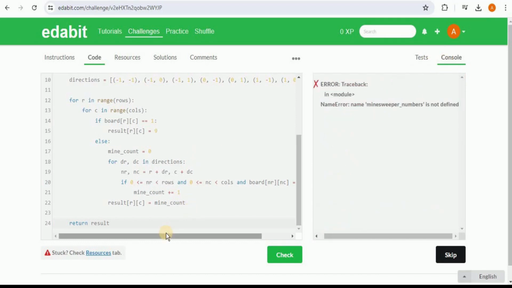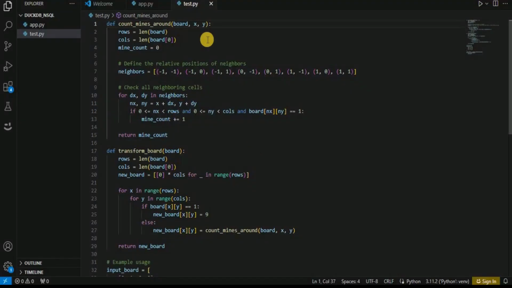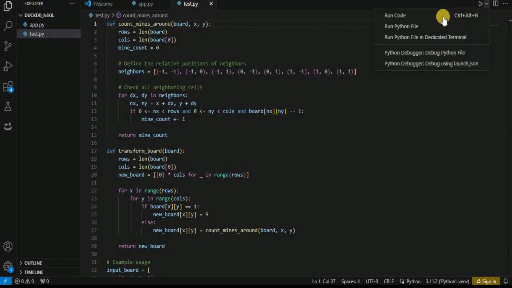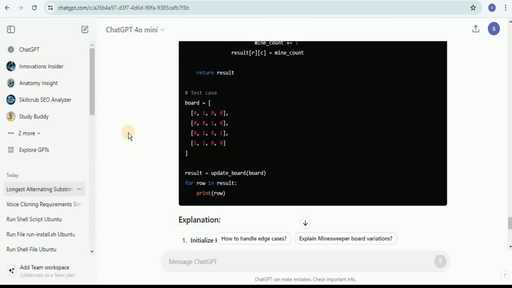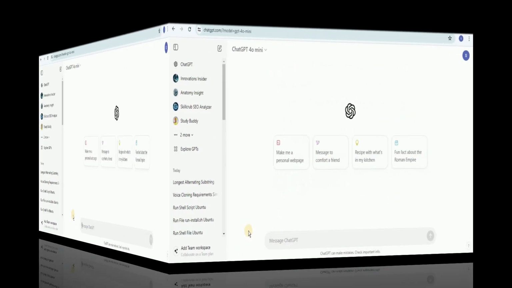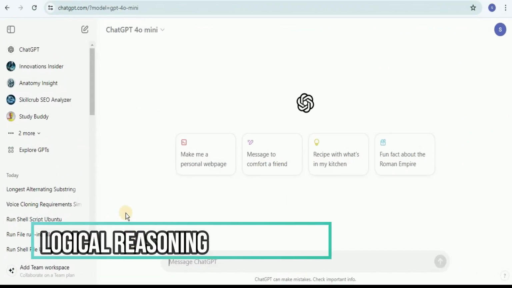So I'm going to test it out in my VS Code. Alright, so here is the code. Let's go ahead and run this to see the output. Alright, so we have the output, the code ran without any errors, and by looking at it, I think the output is absolutely correct. And all of these coding problems are considered to fall in the expert coding category for Python programming. So it is quite impressive that ChatGPT-4o Mini was able to provide code for all of these problems. Next, I'm going to test it out with some logical reasoning questions.